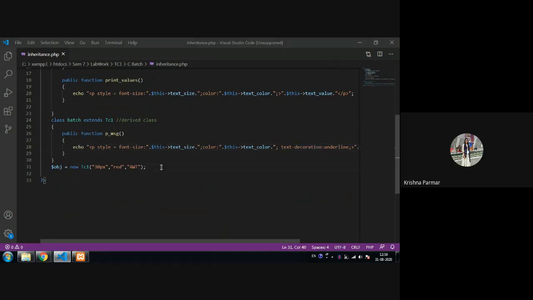Now how can I access it? Using the object that I create, object one, of the batch class. In that batch class, I'm providing the values 40px, then blue, then OOP.